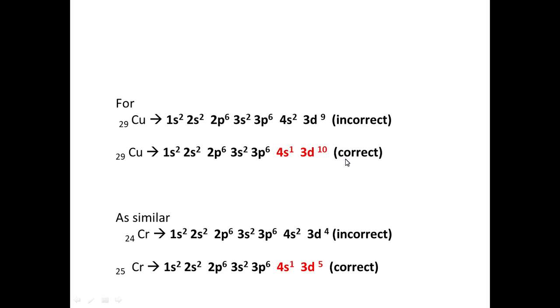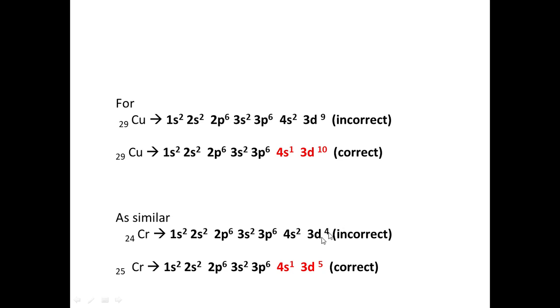Up to the 30th element, that means up to zinc, there are only two exceptions which have confusing electronic configurations. These are copper and chromium. You must remember them because they are mostly asked by examiners in your exam. Next is chromium, atomic number 24. So how do we write it? We write first by using this basic scheme. Then we get this configuration.